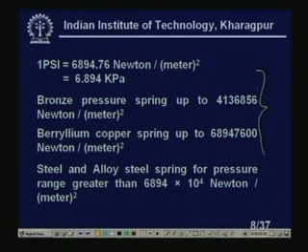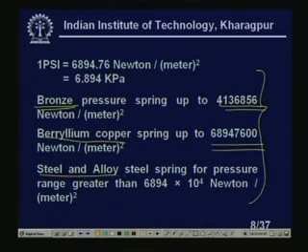Okay, these are the different materials typically used for C type Bourdon tubes. The C type tube which I showed a few minutes back is basically made of bronze, which is easily available. Beryllium copper is not very expensive, but it is more expensive than the bronze pressure gauge. Obviously, you can see the range of bronze is much less than beryllium copper and steel alloy. All these are necessary depending on what type of environment you are using, what type of pressures, and in what situations or conditions you are measuring the pressure.